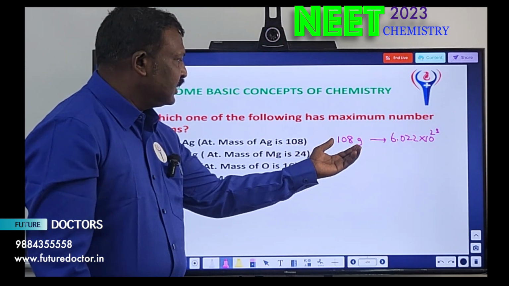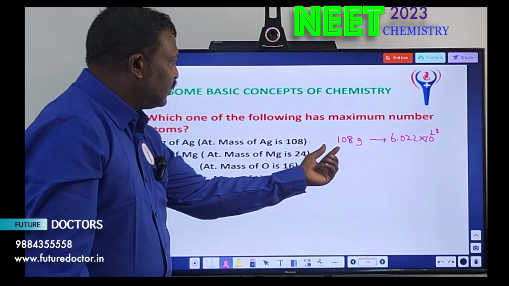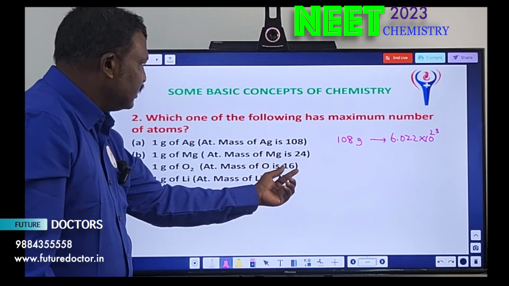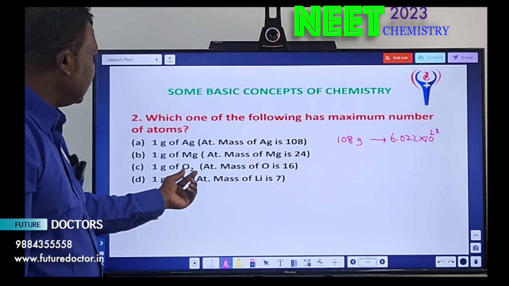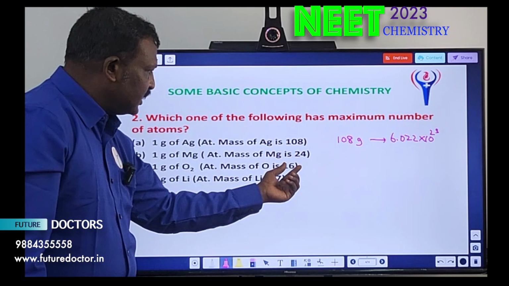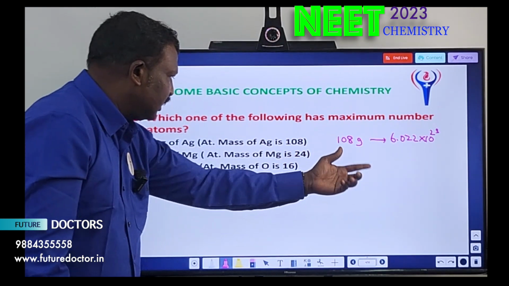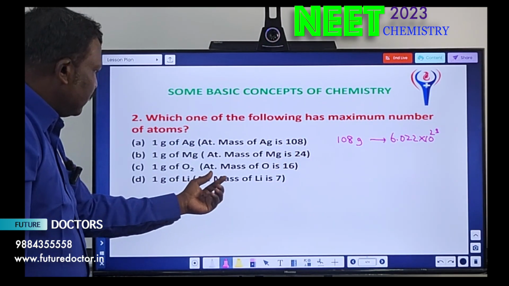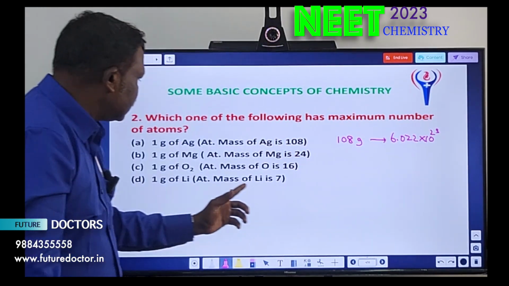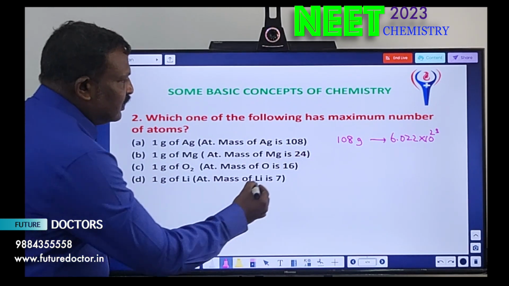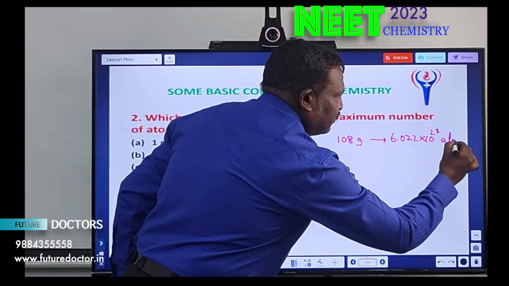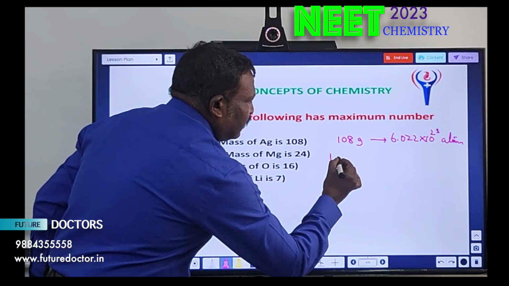For any atomic mass we can take this. Suppose if I take magnesium, 24 contains this number. Suppose if I take O2, 16 gram contains this one. The atom only is there. Molecule is there, but they're asking only atoms, so 16 gram contains this number of atoms. Then if you take lithium, 7 gram contains this number, but they're asking only 1 gram. Suppose 108 gram contains this number of atoms. Understood? Atoms. Therefore, 1 gram contains